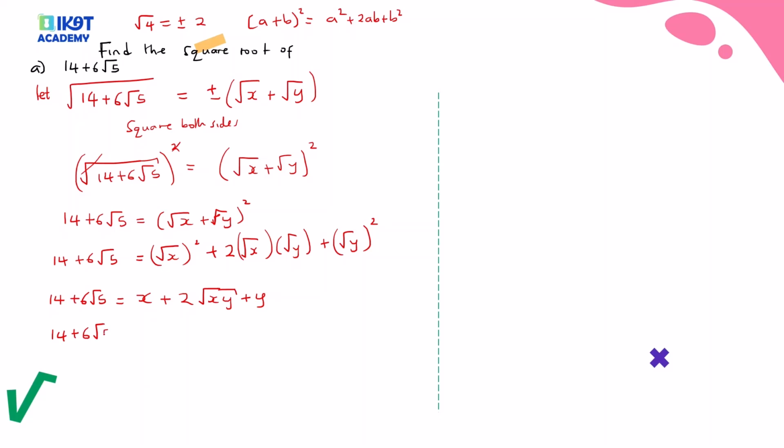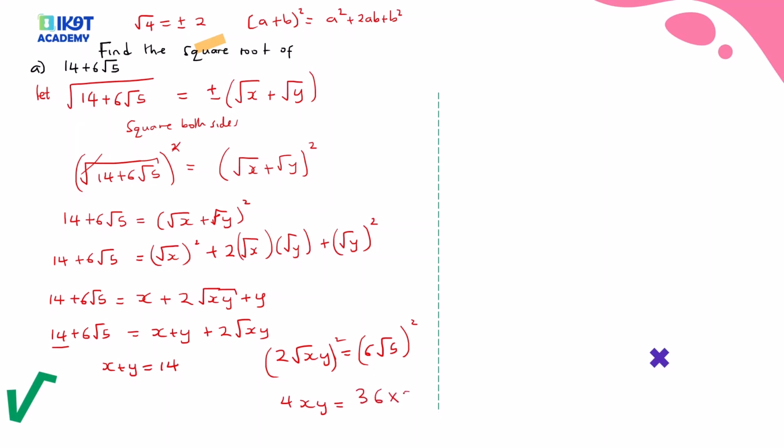So now we can collect like terms. Here we have this equals x plus y plus 2 root of xy. So we can now equate, not coefficients, but we're just comparing like terms. Here we'll say x plus y equals 14, and we'll say 2 root of xy equals 6 root of 5. We're equating the rational numbers to the rational numbers, and the surds to the surds. So here we can now square both sides. What will we have? 4xy equals